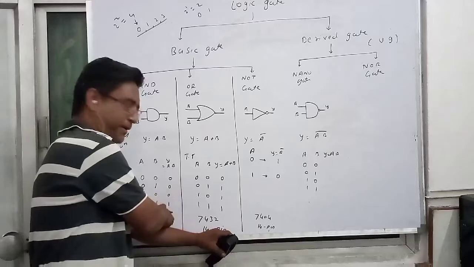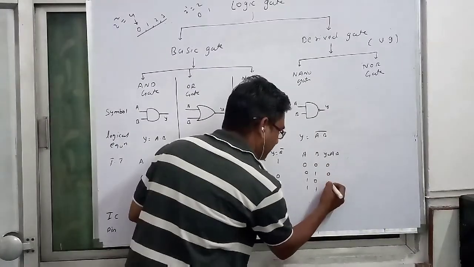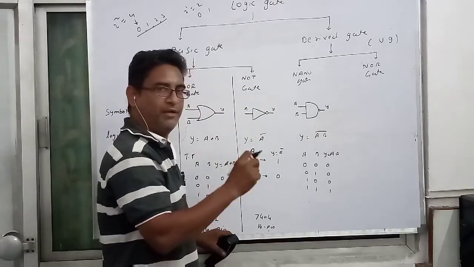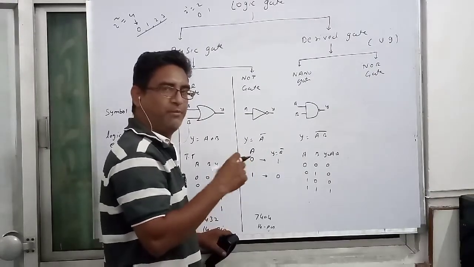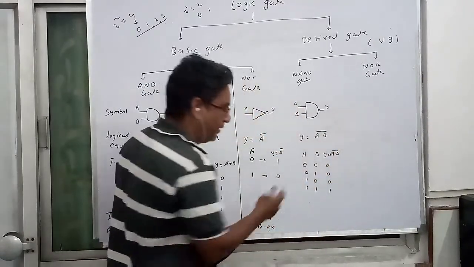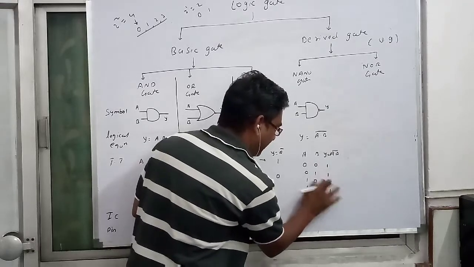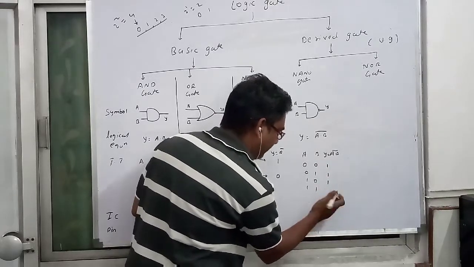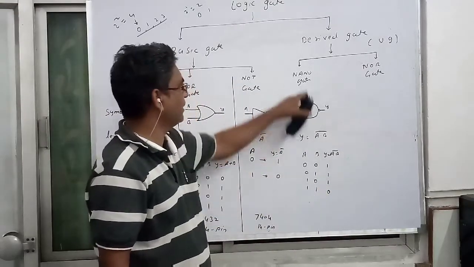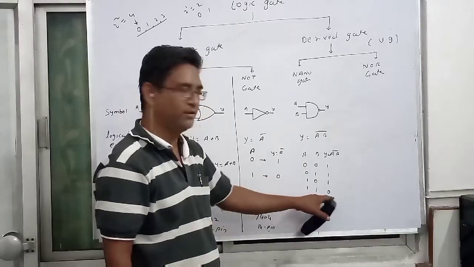As you know the AND gate truth table, 0 0 you will be getting 0, 0 1 gives 0, 1 0 gives 0 and 1 1 gives 1. Only what you have to do, you have to make a complement of 0 and make a complement of 1, and in the end you will be writing here a bar. Instead of 0, you have to write here a 1. Here there is a 1. Here there is a 1. And wherever there is a 1, there is a value as a 0. So you may say that the truth table for the NAND gate is 001, 011, 101 and 110.